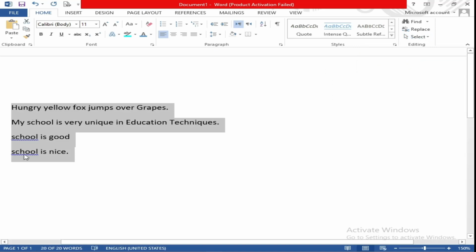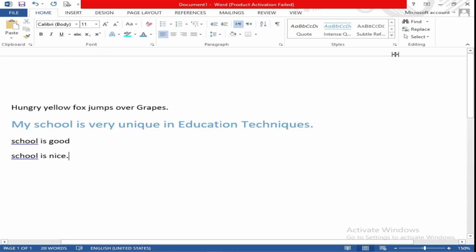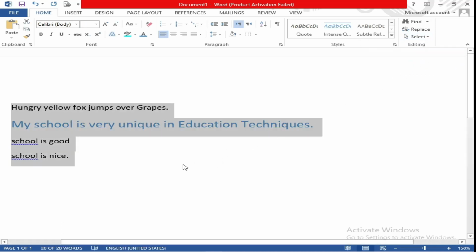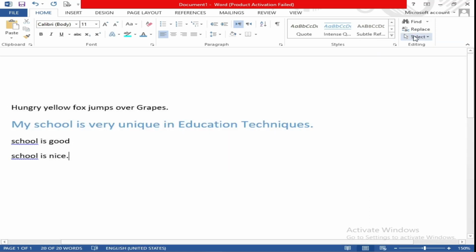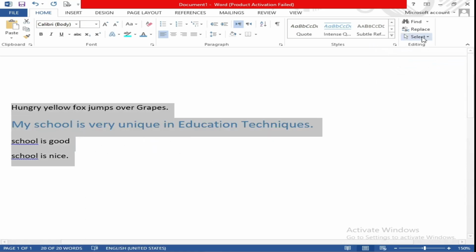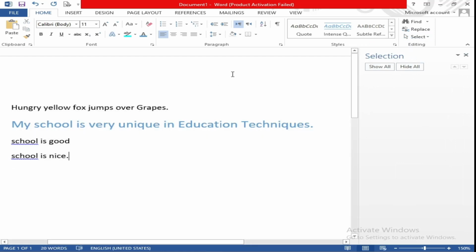After that is select all text with similar formatting. As you can see, the format of all of this is the same. For example, if I change the format of this line, change the size, change the color, and now select with similar formatting, this is choosing all of the text with similar formatting. After that is the selection pane. In this, when you insert some pictures and select them, they will all be shown in the selection pane.